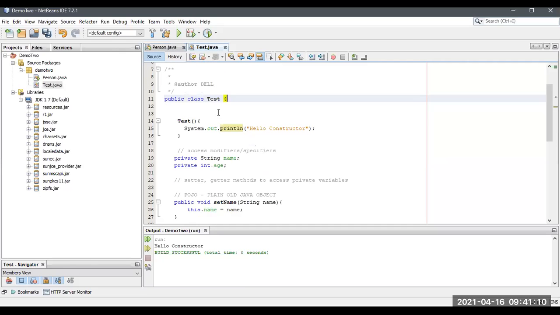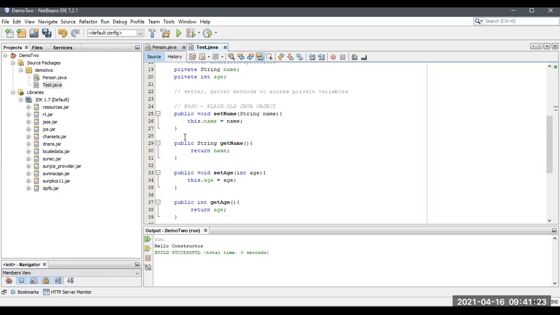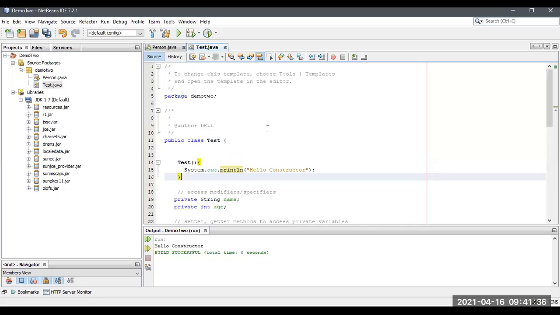So what is the use of this? The main use of a constructor is that we can directly access it after the creation of an object inside another class. There is no need to call it separately. At the time of a small project, I will explain it to you in a different manner. We are planning to do a small project, and I will explain everything over there: what is the use of all these constructors and the setter and getter methods, and how to access values from different classes by creating an object inside the particular class if essential.